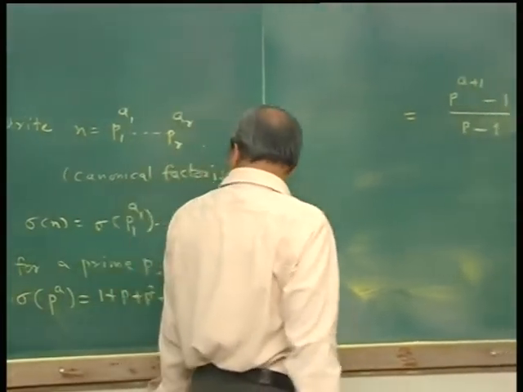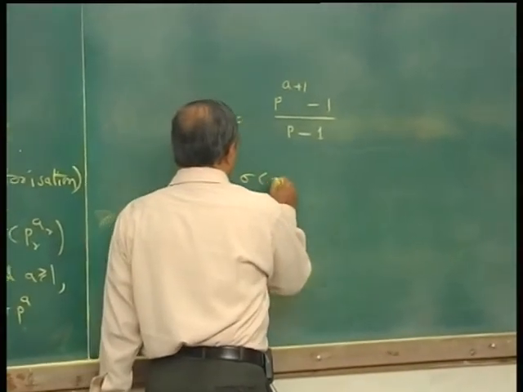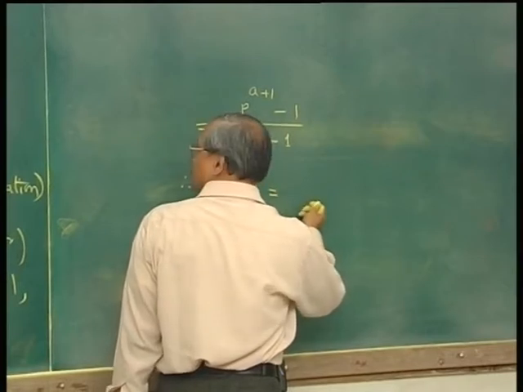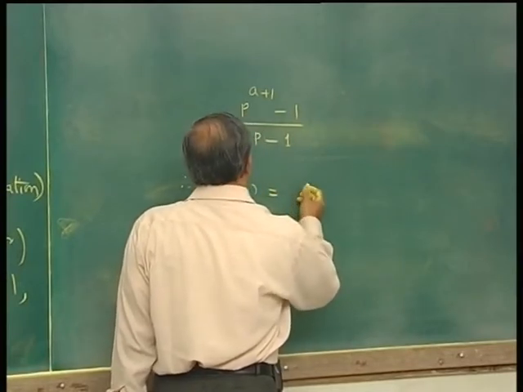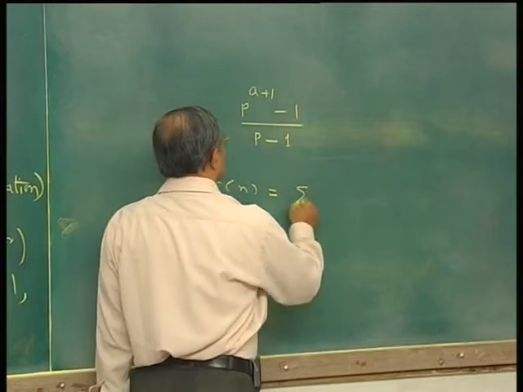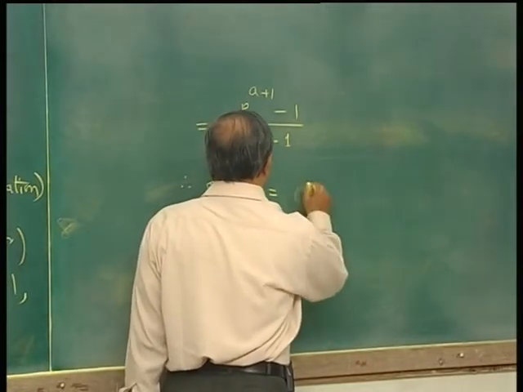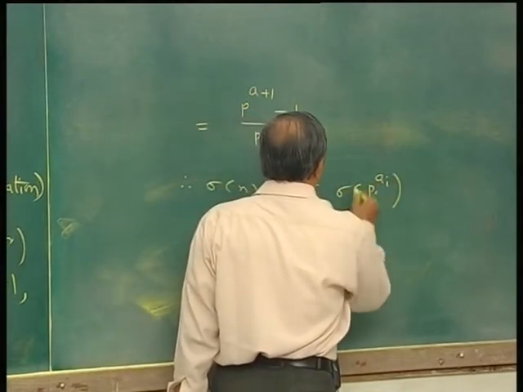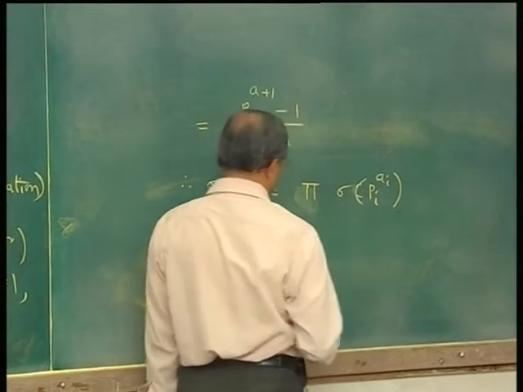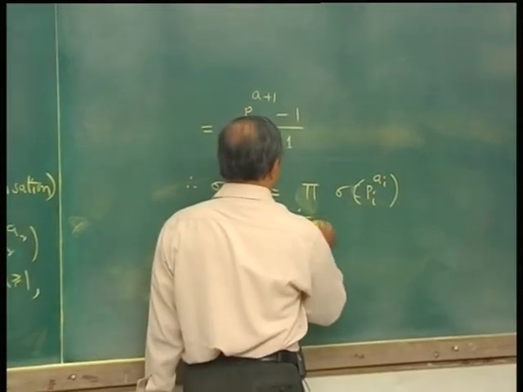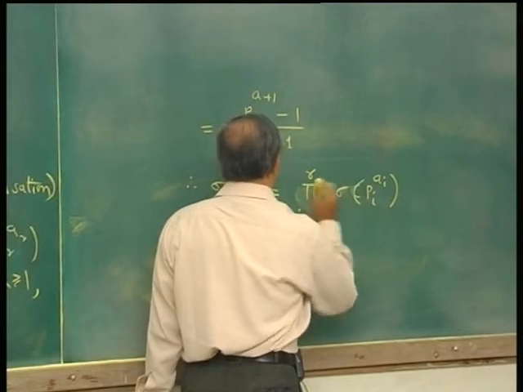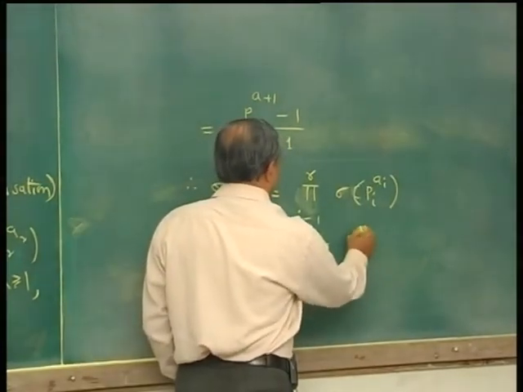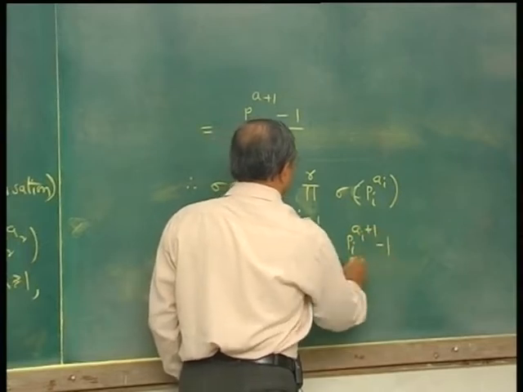And now you can use this to get sigma of n. Therefore sigma of n is the product of sigma of pi raised to ai, i equal to 1 to r, and that is product of pi raised to ai plus 1 minus 1 upon